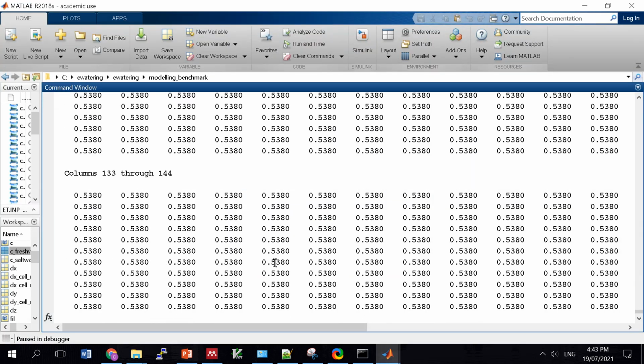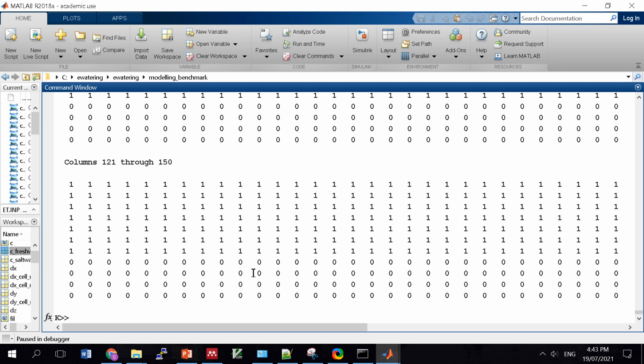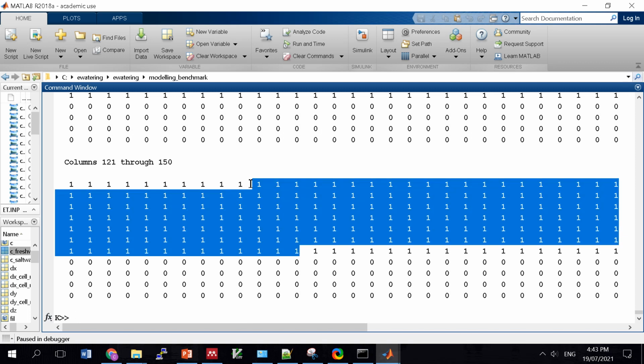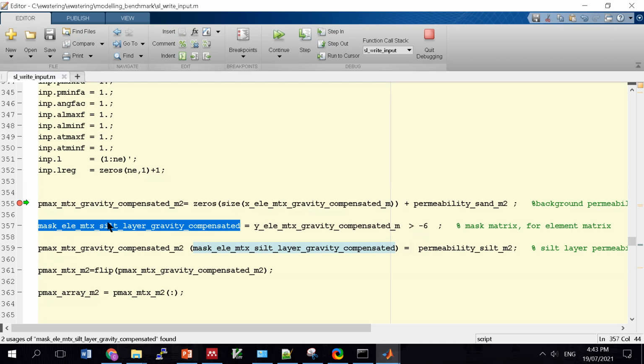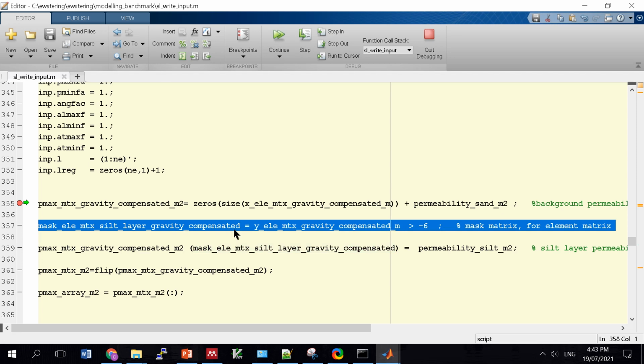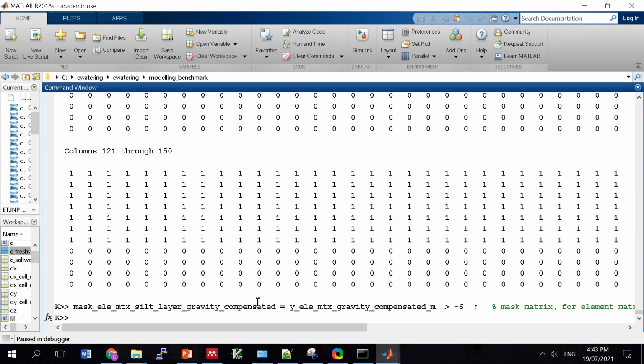The mask tells you that only the top ones are where the sealed layer is located, and that is 1, and the rest of them are 0. So the mask element matrix sealed layer gravity compensated means it's a mask matrix that highlights all the sealed